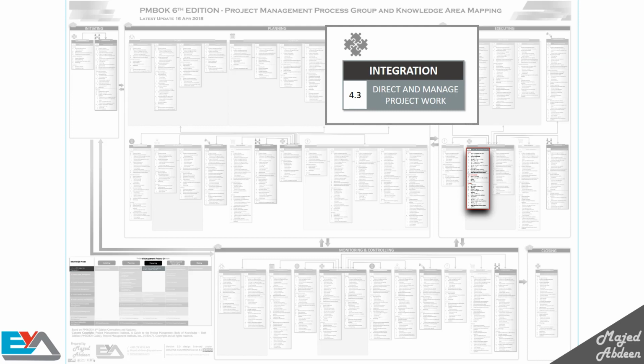The direct and manage project work process is where you execute the planned deliverables. For example, in the website project, you plan to create an About Us page or to create content pages. So you created the WBS and you specify the deliverables or the work packages. In direct and manage project work, your team create this page, so they are implementing the work. Now you can see the page as a deliverable, but it's not ready yet to deliver to the customer because there are some processes you have to go through first, which we will talk about later.